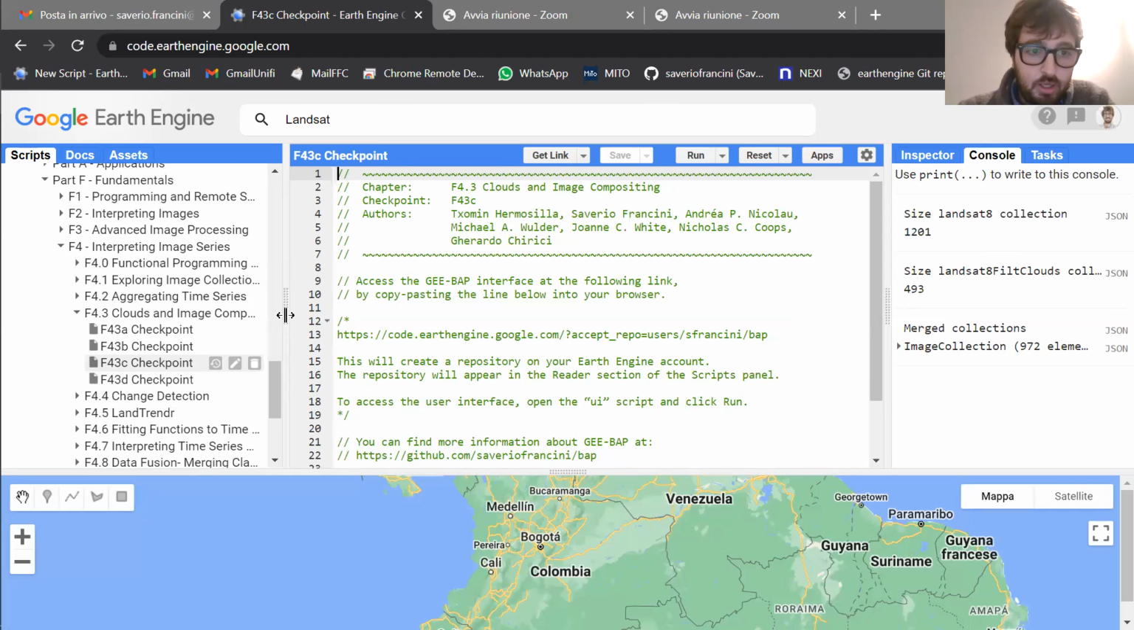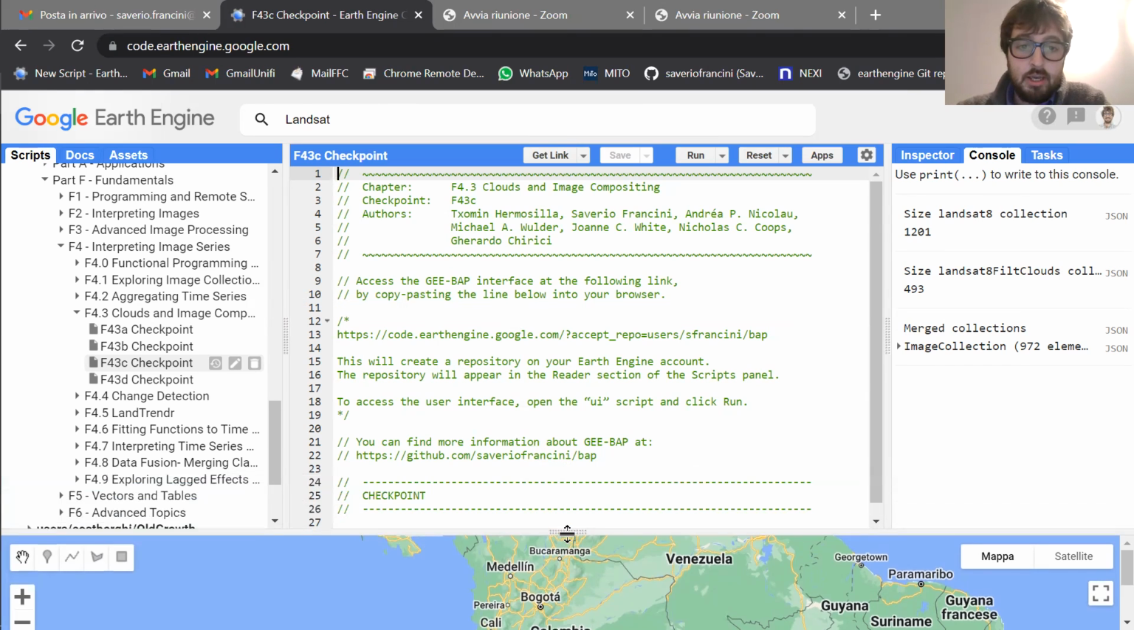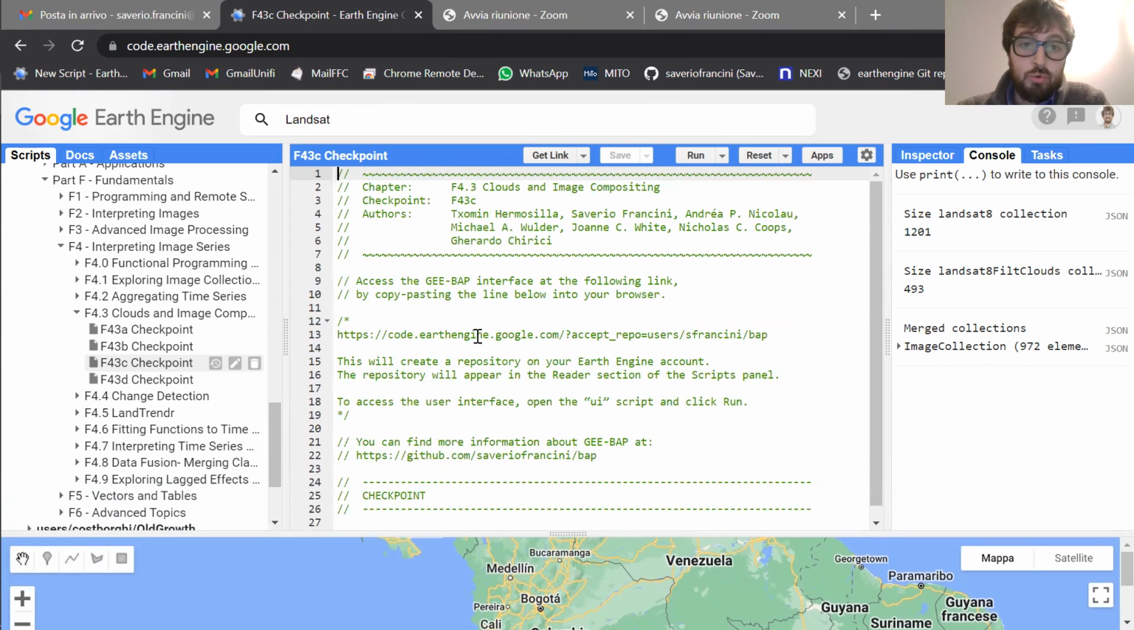Okay, here we are looking at the third checkpoint. This is, let's say, a particular checkpoint. It's a checkpoint that you need just to load the best available pixel repository on your Google Engine account. So if you use this link,